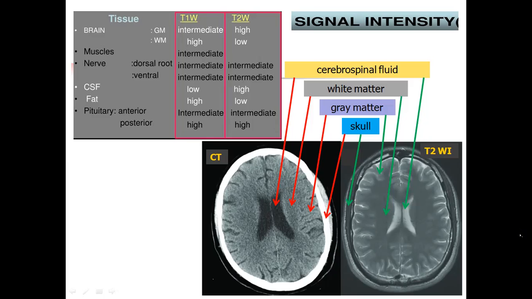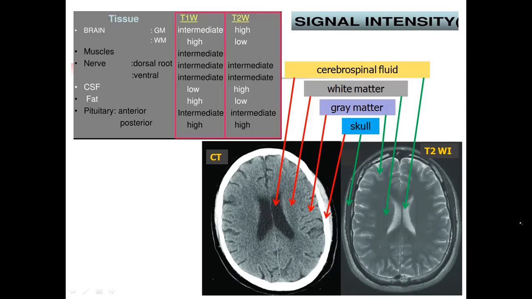The head computed tomography image shows the dense skull as white, the brain as mid-gray, with poor differentiation of white and gray matter, and the cerebrospinal fluid as dark gray. And you see that it's very difficult to distinguish white matter of the brain from gray matter of the brain because they are at the same